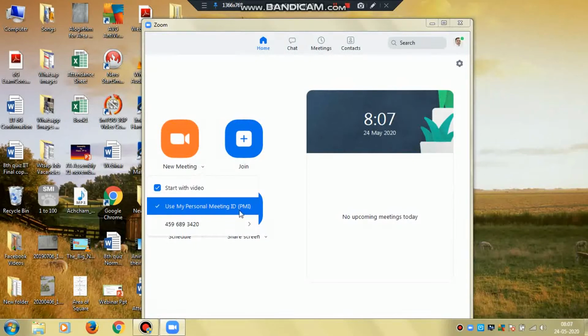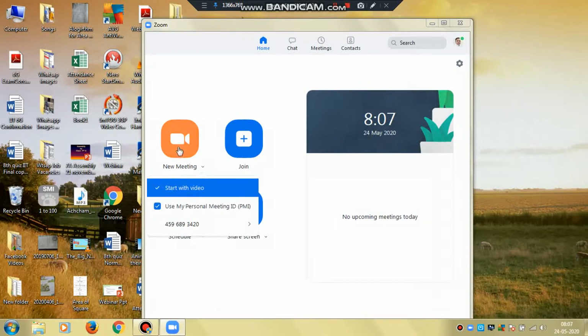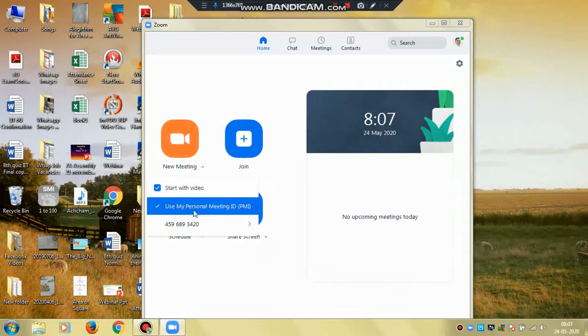If you don't want to generate a new meeting ID, you can select this option, use personal meeting ID, to start your meeting. If it is disabled, then automatically when you click on the new meeting option, a new meeting ID and password will be generated.